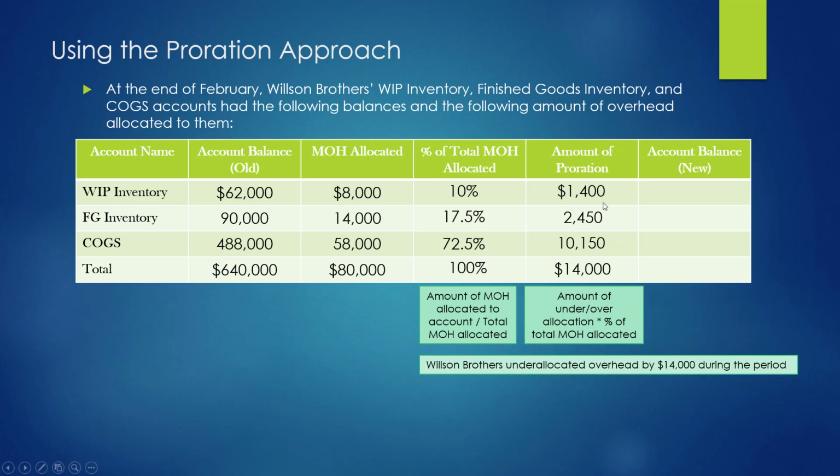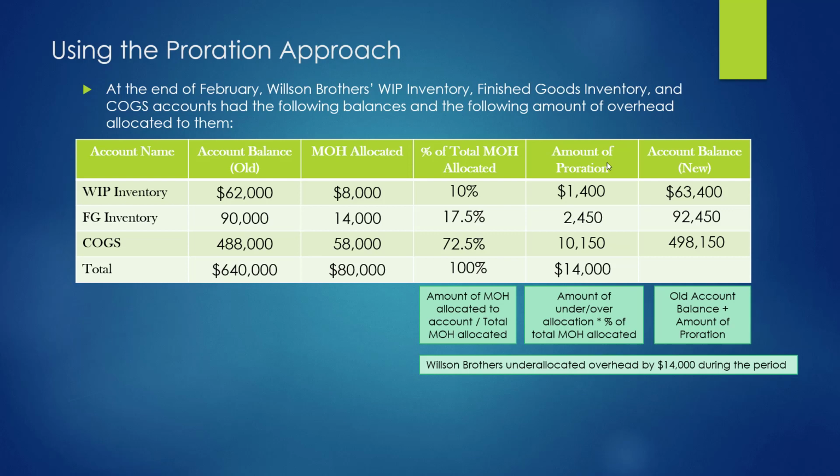So the amount that we prorate would have to be subtracted. But here, since we have an under allocation, we're going to find our new balances by simply taking what it was before and adding to it the extra amount that we have to put in. 62,000 plus 1,400 is 63,400. 90,000 plus 2,450 is 92,450, and for COGS, 488,000 plus 10,150 is going to make the new balance of our